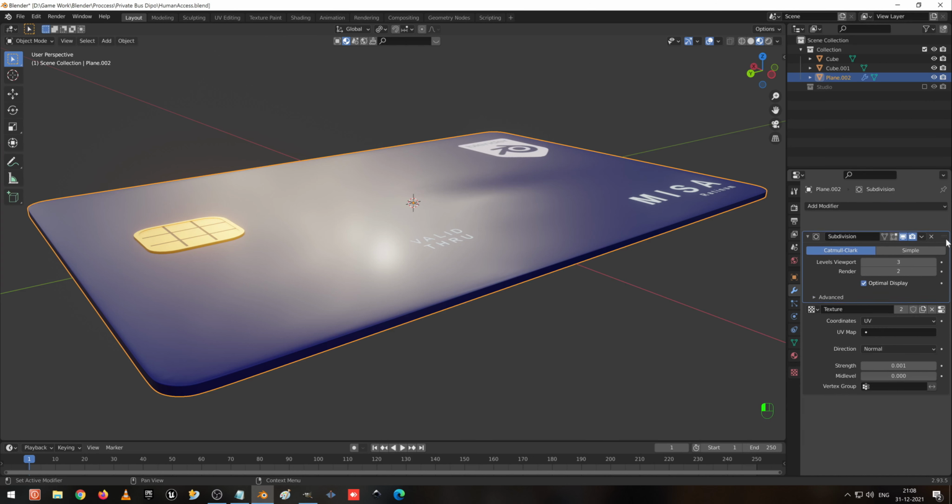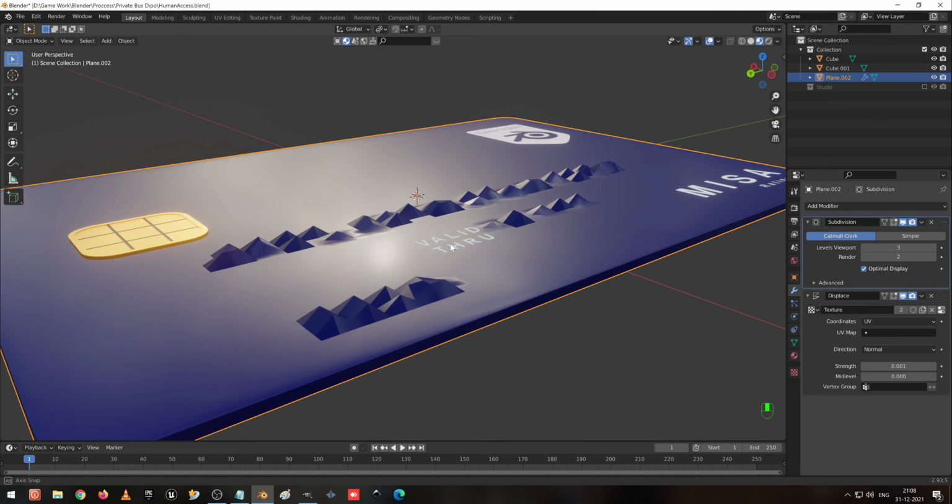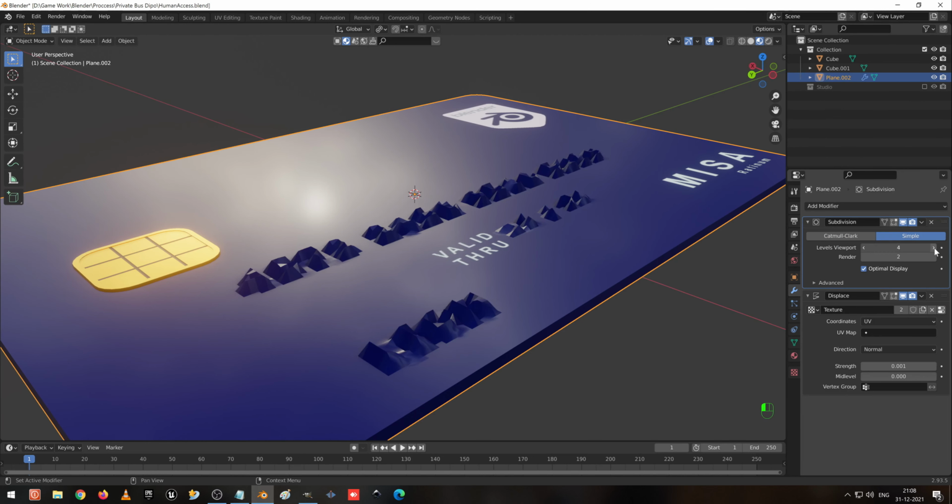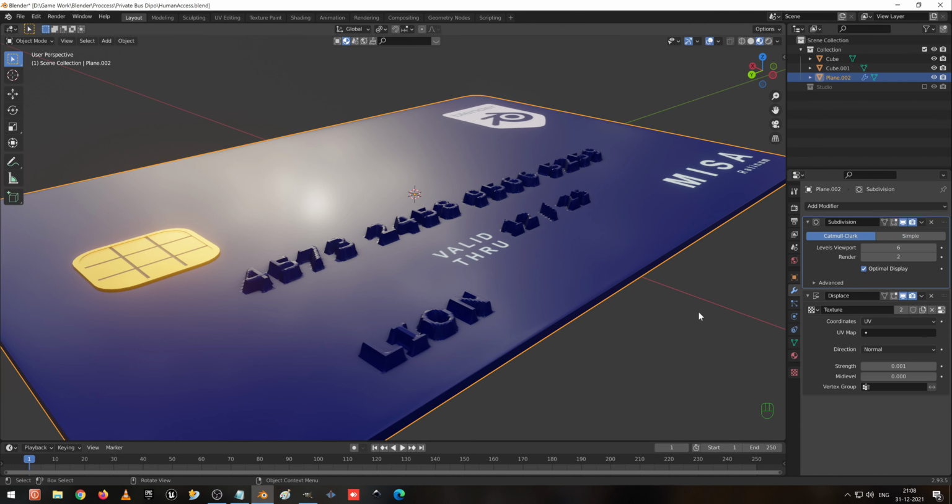Now here what we are going to do is increase to simple and increase the resolution to 6, and I am going to make it Catmull-Clark for a better resolution.